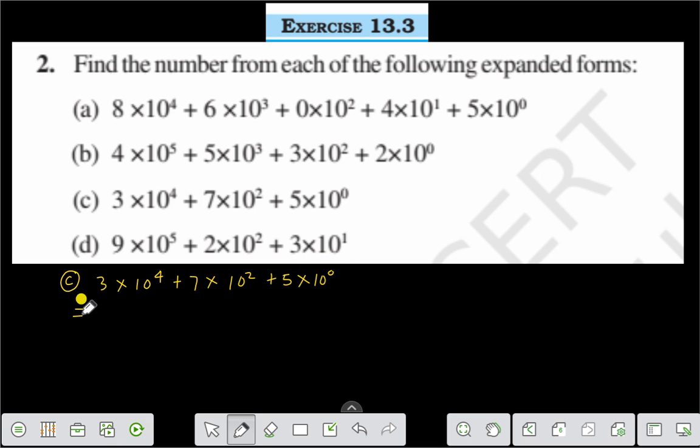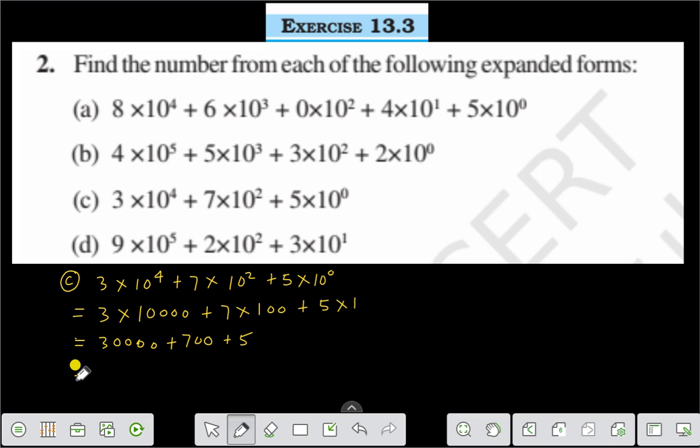It is equal to 3 into 1 with 4 zeros, plus 7 into 100, plus 5 into 10 to the power 0 means 1, right? And you are getting 30000 plus 700 plus 5,